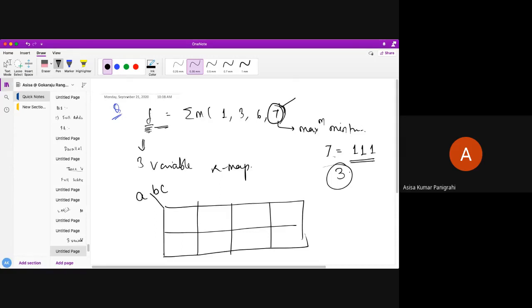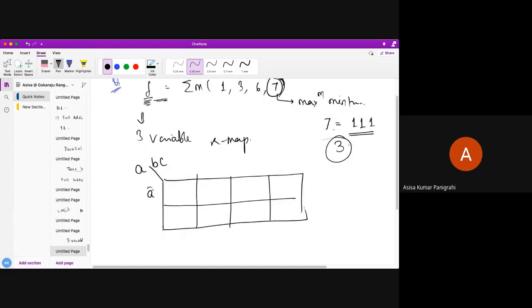Next what you need to do, you have to construct it. This will be a bar, a, this will be b bar c bar, b bar c, b c, b c bar, according to the gray code sequencing. Next you need to know those place values. This is my 0 1 2 3 4 5 6 and 7. Always remember, keep the place values on the extreme right corner. Okay, students? So next what you need to do, 1 3 6 7, there you put the min term 1 in the KMF. 1 3 6 and 7.